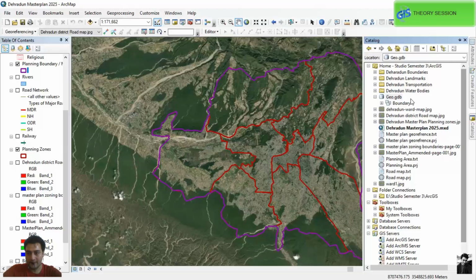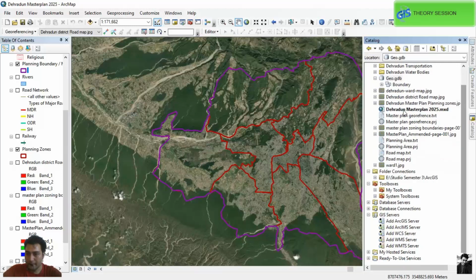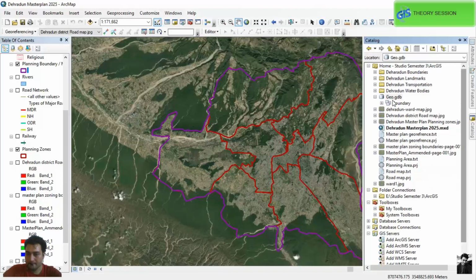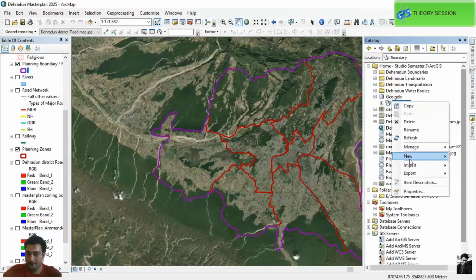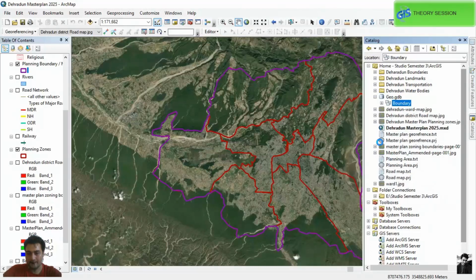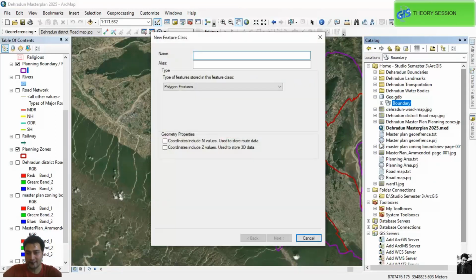For creating feature classes, what are feature classes? Feature classes is nothing but, that was the dataset, boundaries, and within boundaries we have multiple boundaries.